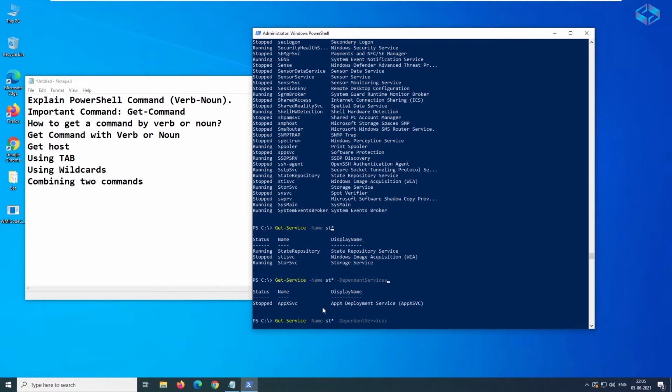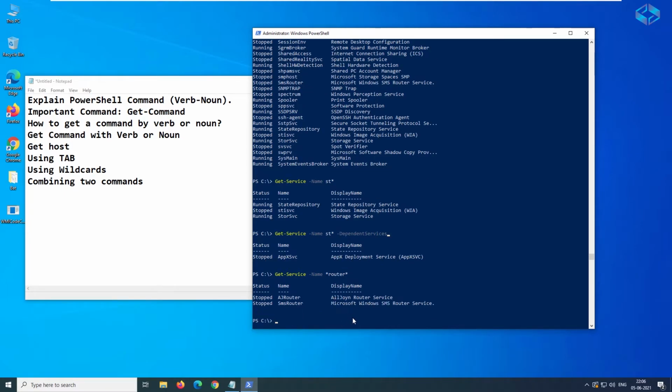So for example, another one where we don't know exactly the name. In this case we'll take this particular service, SMS Router, or anything which has two words, and you know only Router. I would like to find a service running with Router, but I don't know if it's in the middle, at the start, or maybe at the end. So in this case we can put a star at the start, then put Router and a star.